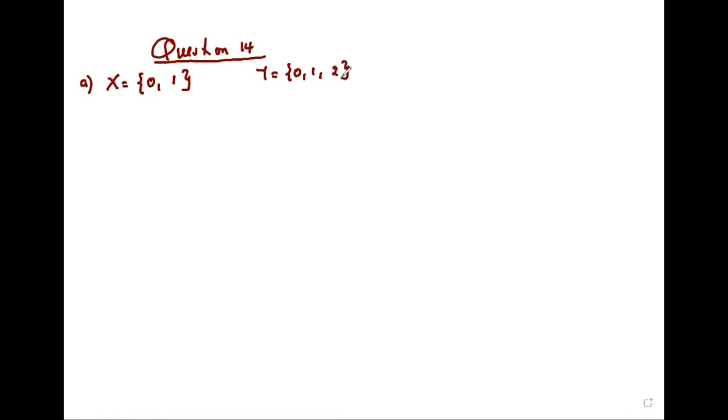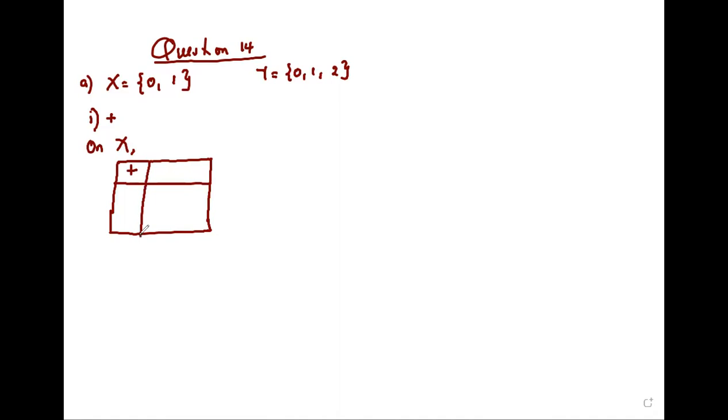And then in answering part A, we'll start with checking, let's call it 1. We want to check if plus is binary on X. So on X, let's make the plus table for X. So suppose we put plus here. Remember very well when we were young, we had these, though they were called times tables. Now here we are trying to form the plus table,